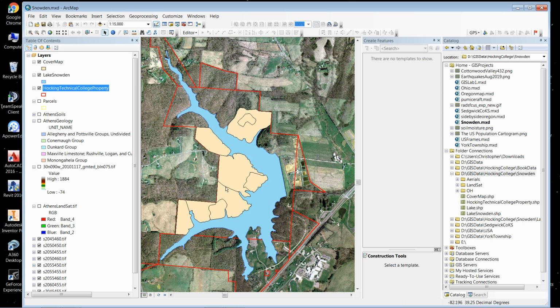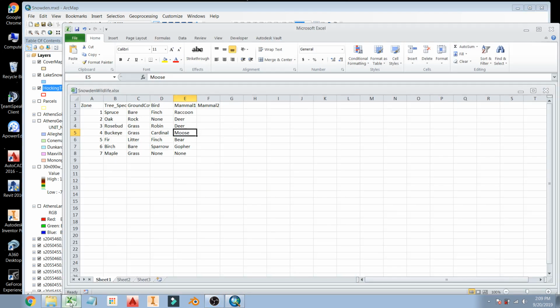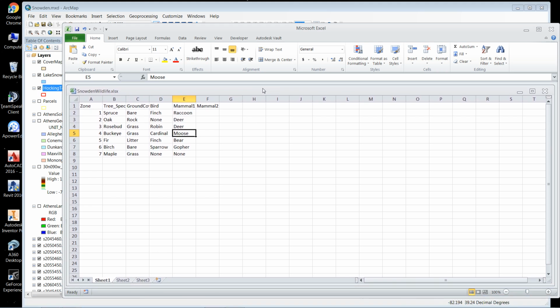All right, so what I'm going to show you now is how you can give your map intelligence, and that is creating the brain that's behind it. All right, let's say you guys are out in the field, and I'm going to open up Excel. I've created a simple Excel spreadsheet and called it Snowden Wildlife. I've put some items into this spreadsheet. I've added a field called zone,